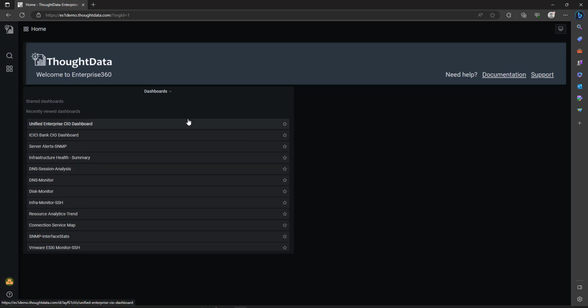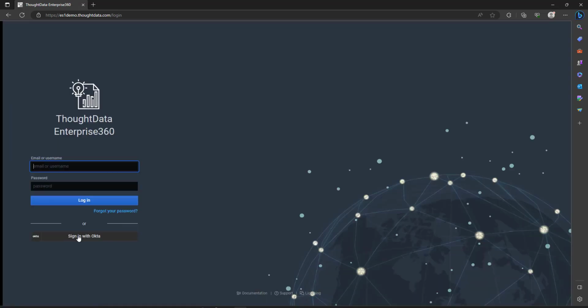As you can see, the authentication is now successful, and you are logged in into Enterprise 360 with successful authentication from Okta along with multi-factor authentication, right? Now I'm going to log out. You can see here I have been logged in as Manjunath Venkatram, which is the name which I have set up in my Okta user. Now I'm going to log out, and if I click now sign in with Okta,